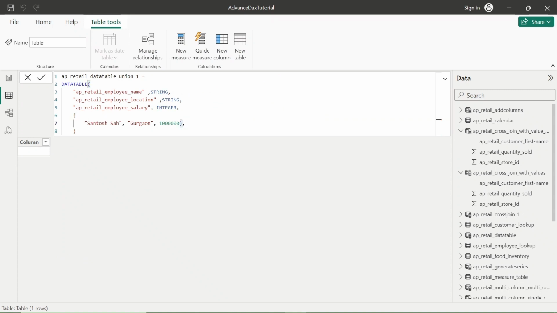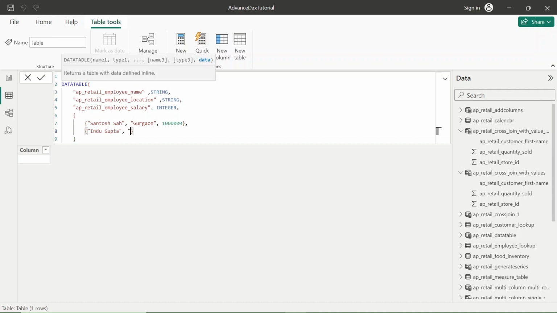Here this is not a small bracket, a middle bracket would be there. Let me copy it. This is the first. Second is Hindu Gupta, location is Pune, and salary is